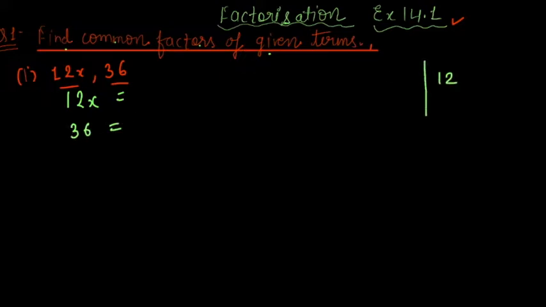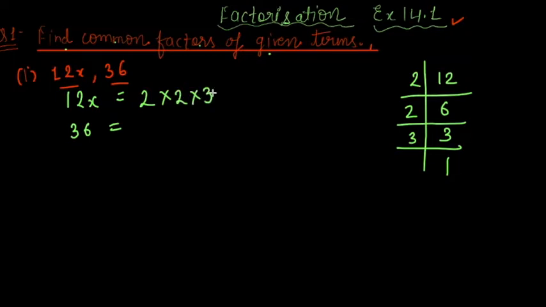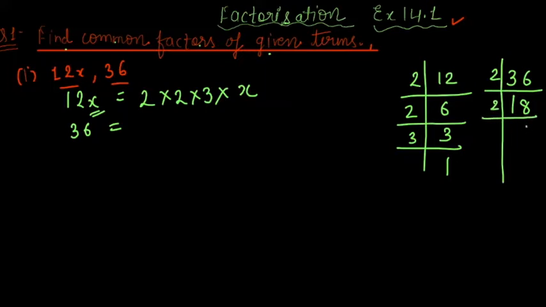We will be doing the prime factorization in a few parts, and then you will be able to manage it orally. So I can write the factors of 12x as 2 into 2 into 3 and the variable x with power 1 as it is. Now the factors of 36: 2 nines are 18, and 3 threes are 9. So the factors of 36 are 2 into 2, 3 into 3.